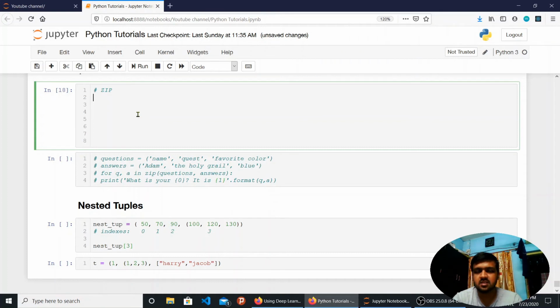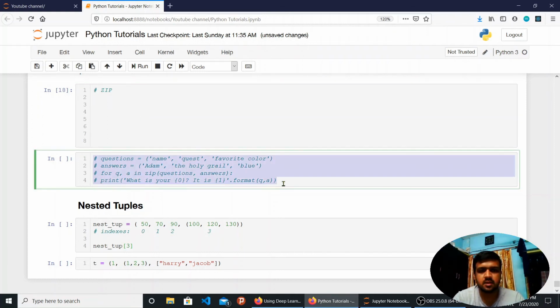In that case, it will stack up both the lists in a single line or a single column, and you can access items from both tuples at a single instant. That's how we can use it. I will take this small example.